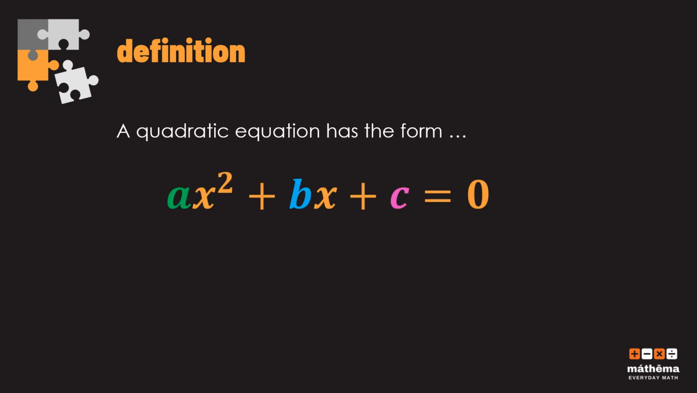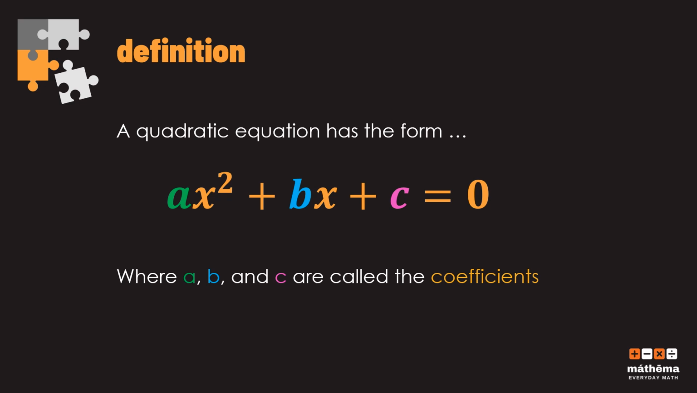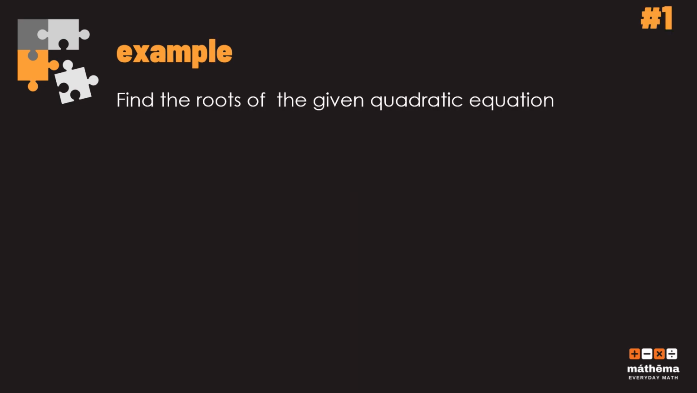So remember that quadratic equation has the form ax squared plus bx plus c is equal to 0, where a, b, and c are called the coefficients of our quadratic equation. Now, basically, there are different ways to solve for the roots of our quadratic equation. So we can have it by extracting the square root, by factoring, by completing the square, and by using the